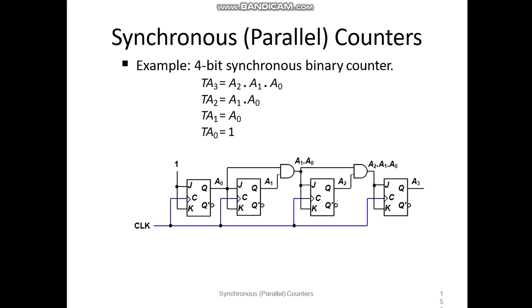This is the example of a 4-bit synchronous binary counter. So see this. Here we have 4 outputs. So first initially we have T0 equal to 1. So we are connected with logic one, that means generally connected with the power supply. So the second one and third one are connected with the AND gate. So you can depend. So mainly that is the concept. So which clock are we using? All the clock pulses are given to all the flip-flops. If every one clock pulse is enabled, all 4 flip-flops will also be enabled at the same time.